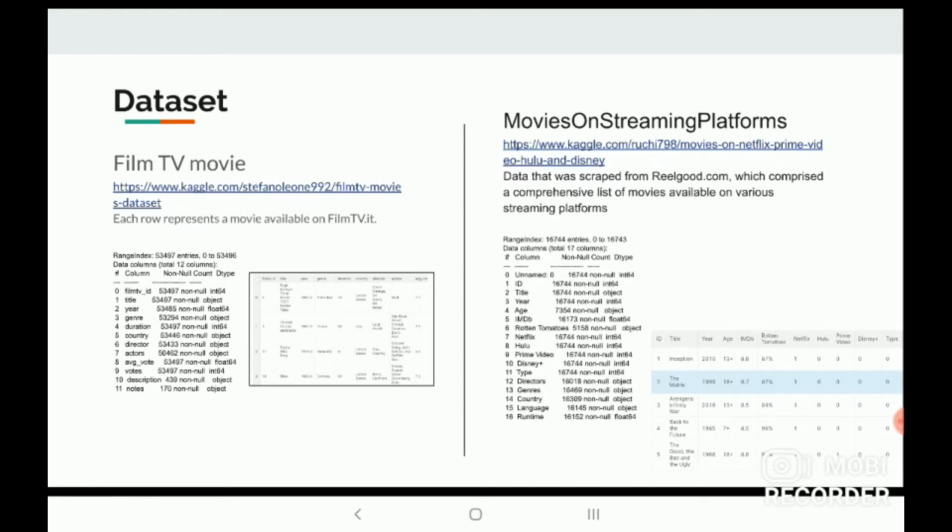But this dataset is not enough for us to make the network, so we combine it with another one. On the left side is Stream TV movies. This one provides all the movie titles, genres, country, director, actors, and many others. So that's easier for us to make the nodes and easier for us to connect the movies to the network.